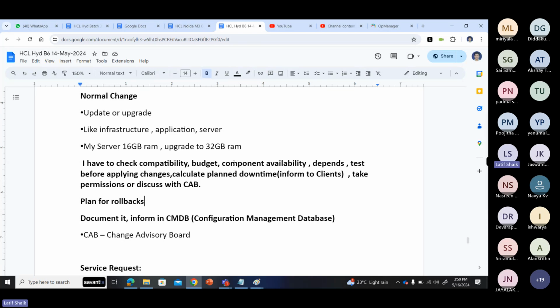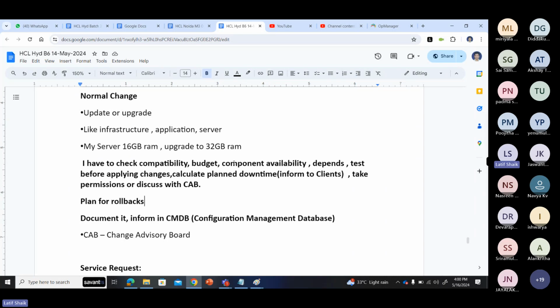And plan for rollbacks. Plan for rollbacks means you would have done everything, every research, and finally you apply the change and it should be applied correctly and function properly. It should be 99.99% successful.